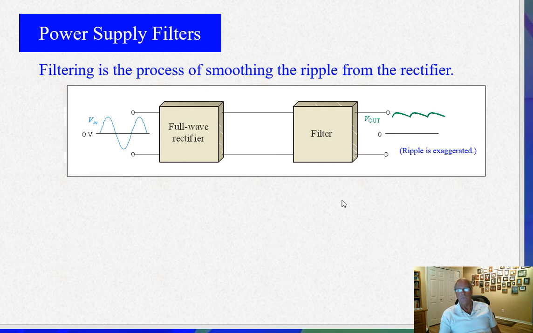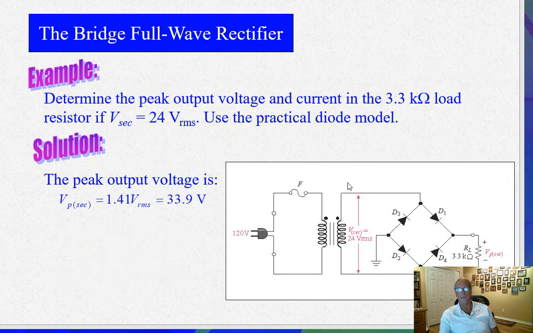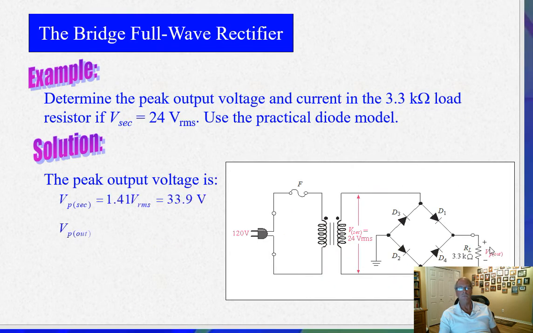Okay, we build up to the power supplies here. That's what these are used for. So here's our AC input, full wave rectifier, and there's a filter. Now, if we didn't have a filter on there, let me go back a couple of slides, okay? If we didn't have a filter, you'd have these big bumps on your DC voltage. It can't really be considered DC, but the current's only going in one direction, and it's real messy, right? It's very, very unfiltered. So what we do is we filter it,